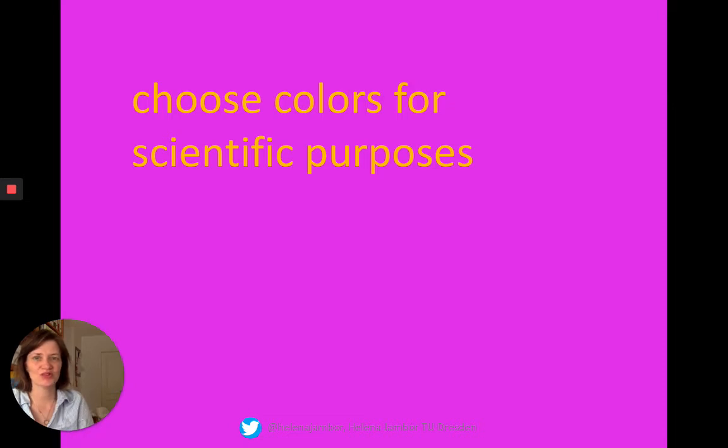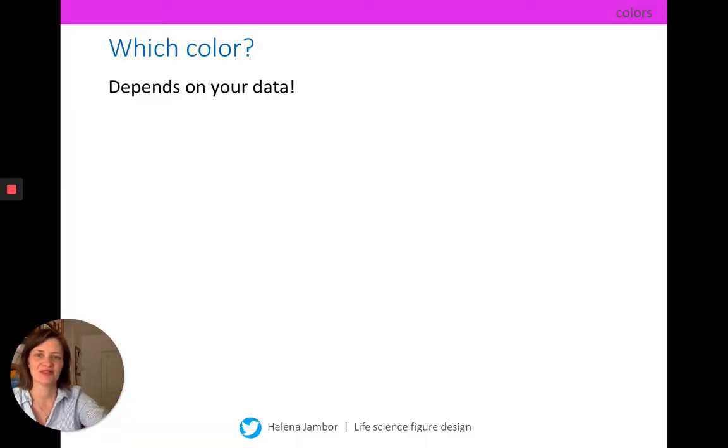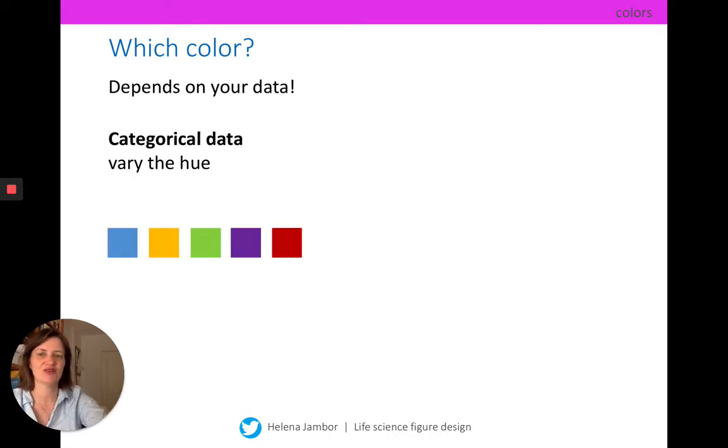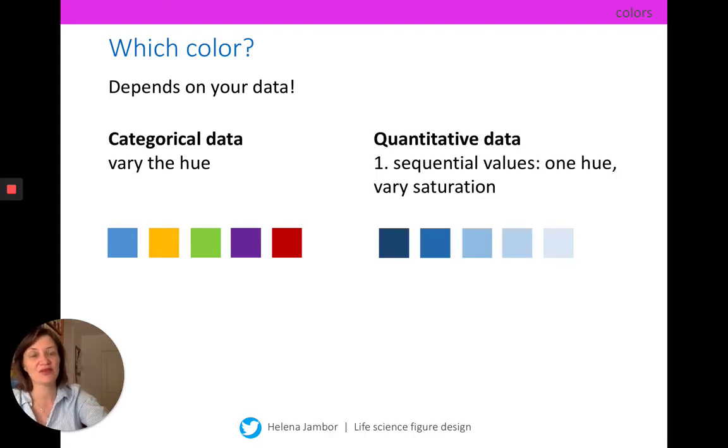When you choose colors for scientific purposes, let's discuss a couple of points. So the first question is always, which color should I use? And that depends really strongly on your data. If you have categorical data, you can vary the hue, but we discussed in a previous unit that the best case scenario is sometimes to still stay with grayscale. If you have quantitative data,